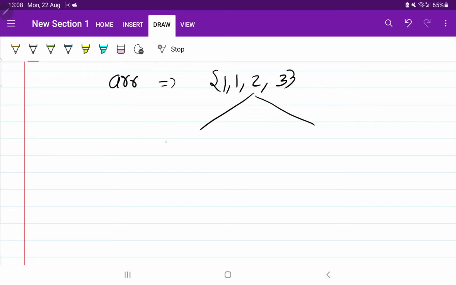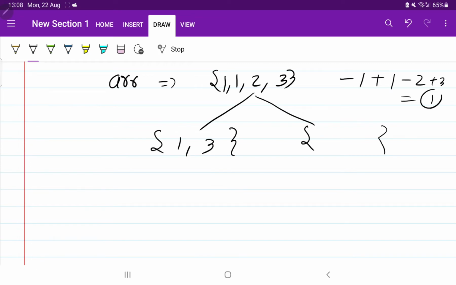So what we have done, we have divided this into 2 arrays. Okay, I am taking this example, minus 1 plus 1, minus 2 plus 3. Here we are getting output as 1. So we have put 1 and 3 on one side, and we have put 1 and 2 on the other side, and then we have applied a negative sign on this, and we have got the answer as 1.